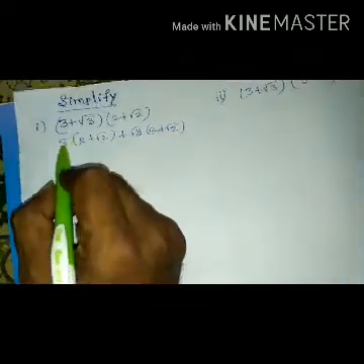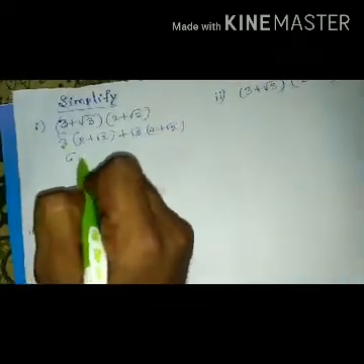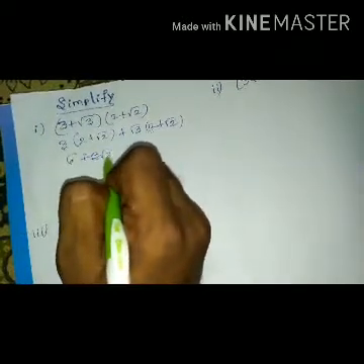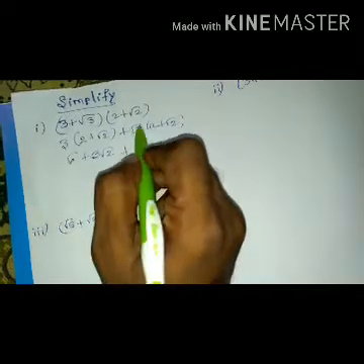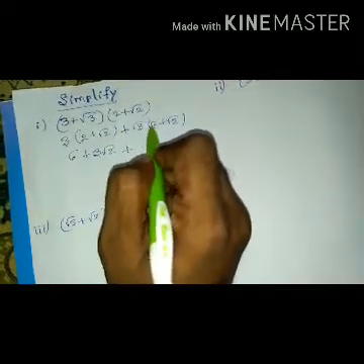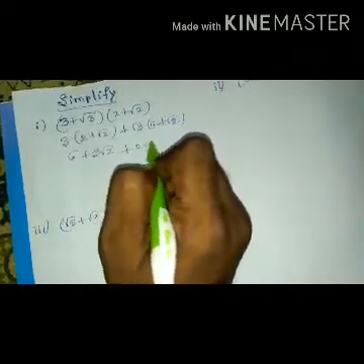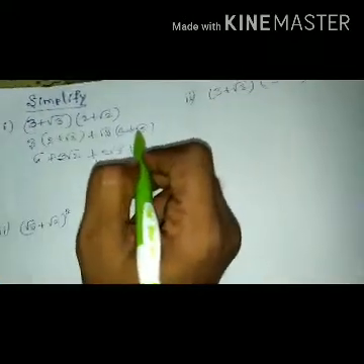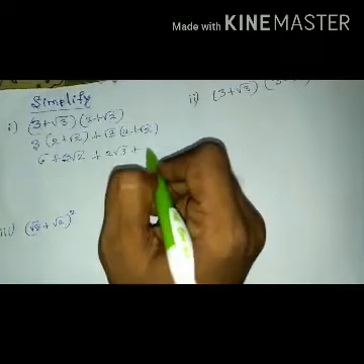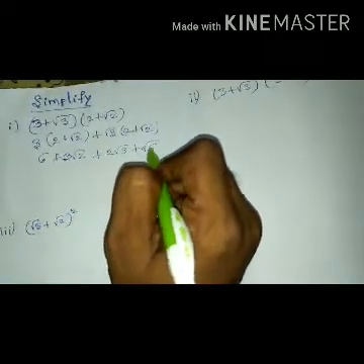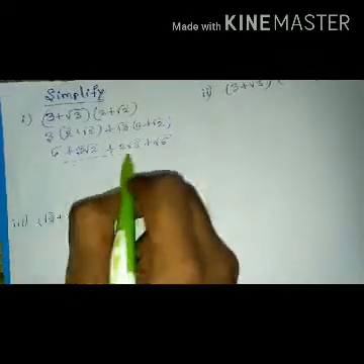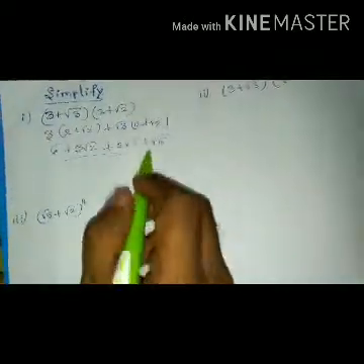So multiply these two, 3 into 2 is 6 plus 3 into root 2, it is 3 root 2 plus 3 into root 2 or 2 into root 2, both are same. So 2 root 3 plus root 2 into root 3 means root of 3 into 2, 3 into 2 is 6. So square root of 6. So it is the product of these two binomials.